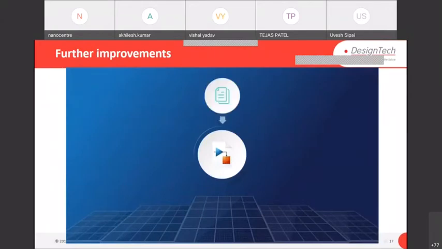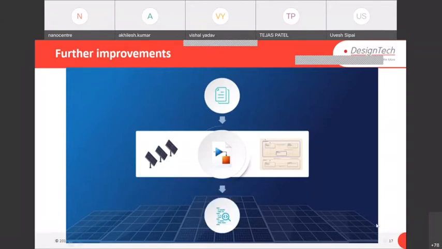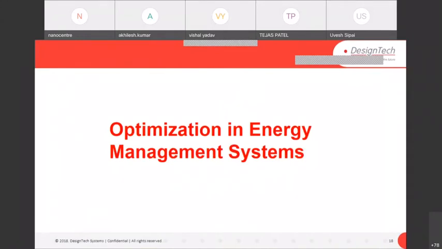What is the further improvement in that case? You know that once the sun is set, my solar panel direction will also change. In the morning, the sun will again rise from the east, but my solar panel direction is still in the west side. So I have to switch the panel automatically. Once the sun is rotating, my panel is also rotating. It is not switching again at the source point, right? To do that, we can use Stateflow in Simulink. I will let you know where you can learn Stateflow also. Stateflow is a graphical way to design the control logic. So we can use Stateflow in that case.